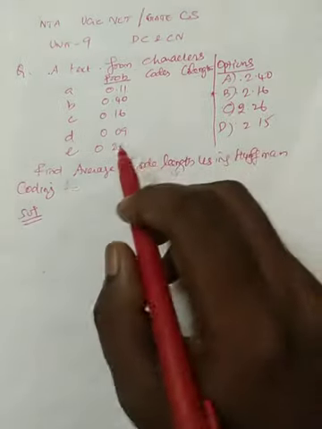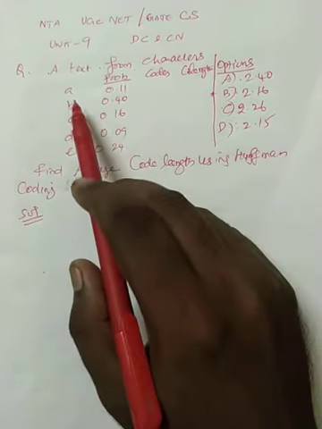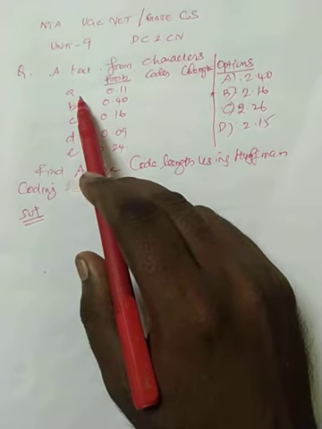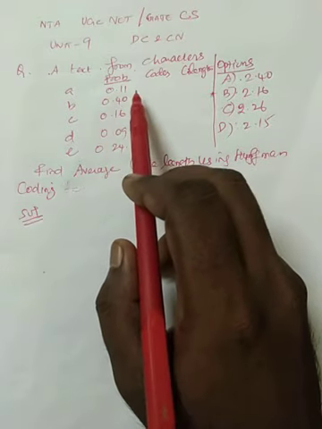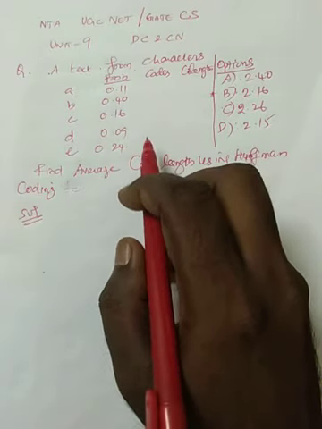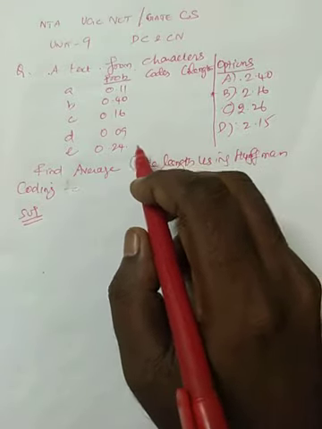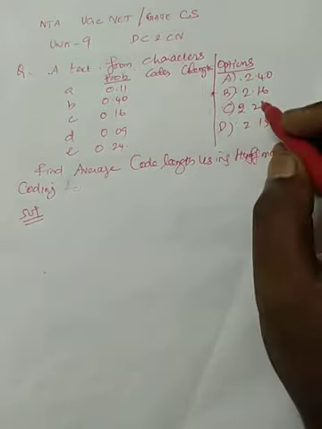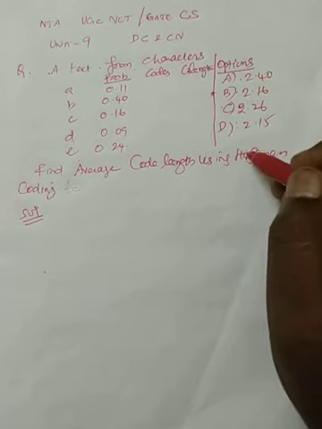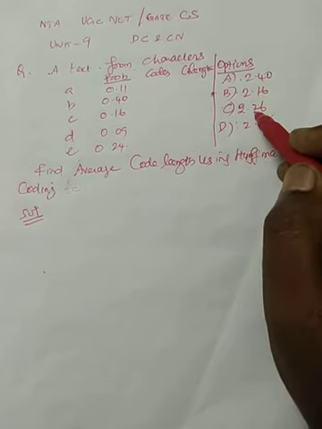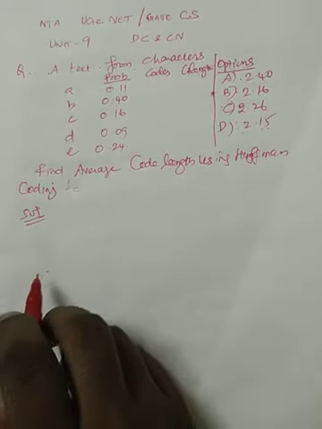Then in the Huffman coding technique, in order to send any character, it will follow some binary code of zeros and ones. It has its own code length also, which means it is not a constant coding length; it is a varying code length algorithm. They have given options: 2.40 as the average code length, and 2.16, 2.26, 2.15. You want to check it. It is a very simple, interesting concept.